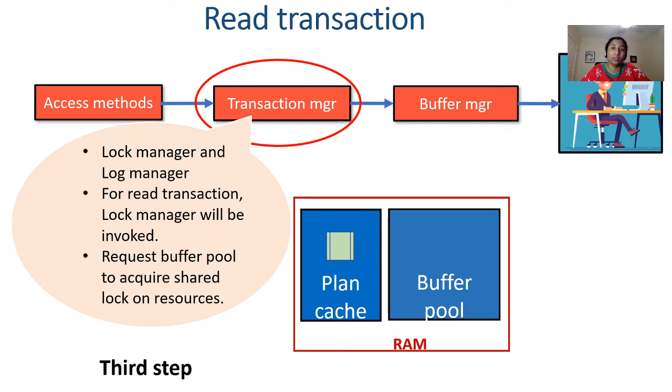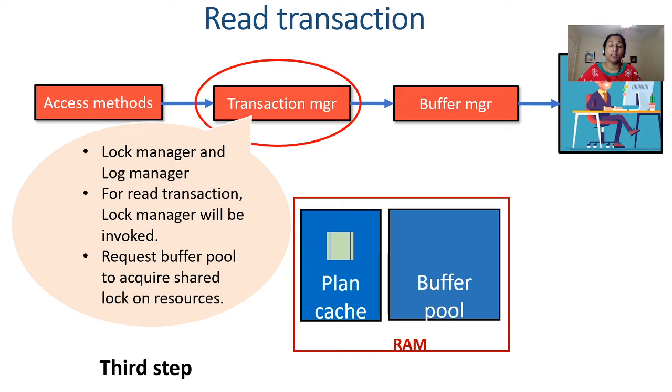as this is a read transaction, the transaction manager component has 2 different types of components in it, the transaction log manager as well as the lock manager component. But as this is a read transaction, the lock manager part will be invoked and not the transaction log manager part. Now why? Because we are not modifying any database pages inside the buffer pool, right? We are not writing anything. So that's the reason the transaction log manager won't be invoked, but the transaction manager will invoke the lock manager part